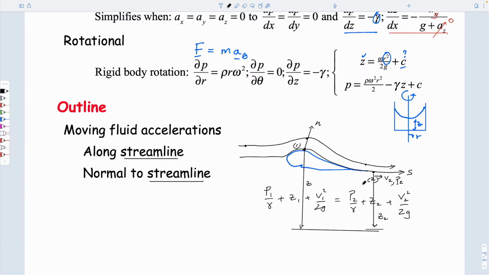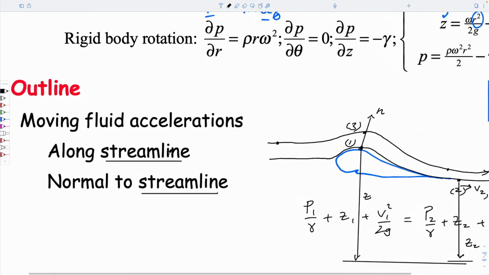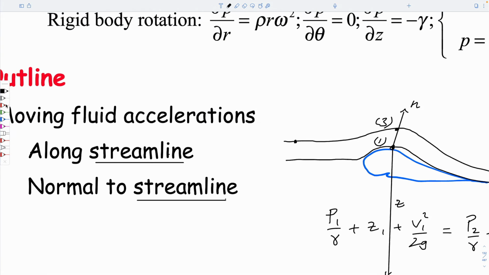It turns out also that if we only know one of these terms downstream, then we can use something called continuity, which means that there's no volume change in the system, to also be able to determine what the other two quantities are downstream. The other thing that we'd like to do is to go from point 1 to point 3. And if we go from point 1 to point 3, you can imagine from what we've talked about before,